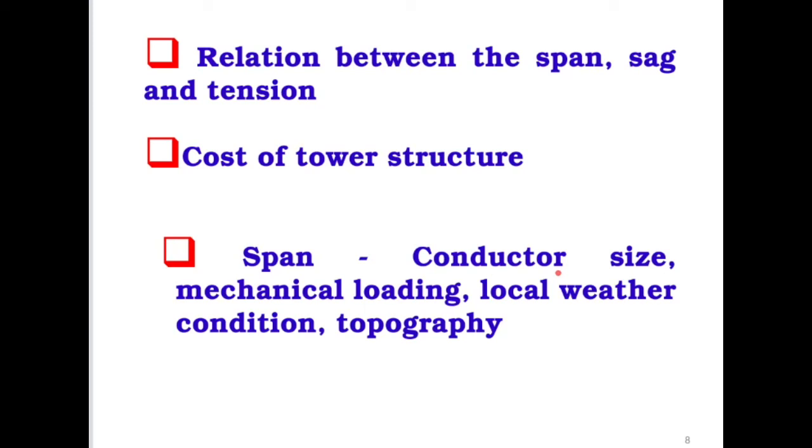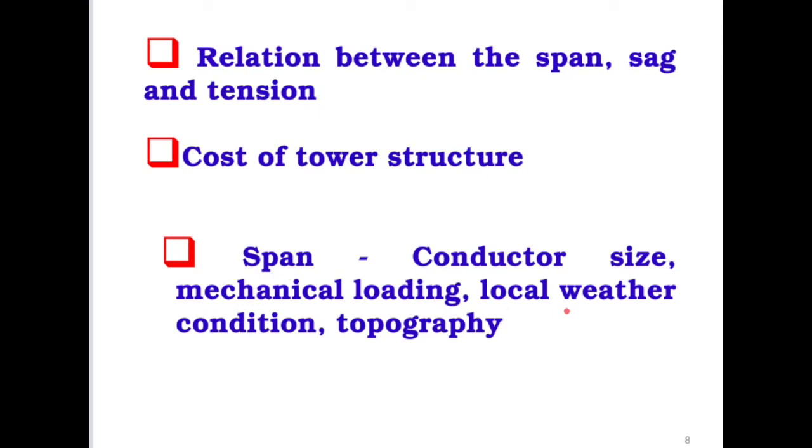Right, then the mechanical loading that comes from the weight of the conductor, wind blowing over the surface of the conductor, and ice deposition on the conductor. And this ice deposition, temperature, and wind flow is coming from the local weather conditions. So it varies all the time. And these also play a very important role. For example, the conductor weight, the weight of ice, the force of wind, they also determine the span.